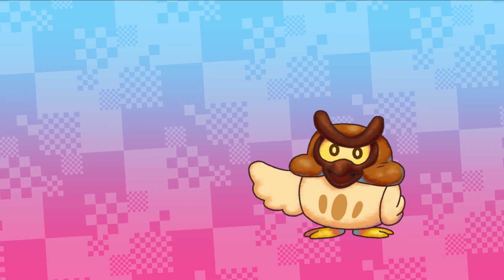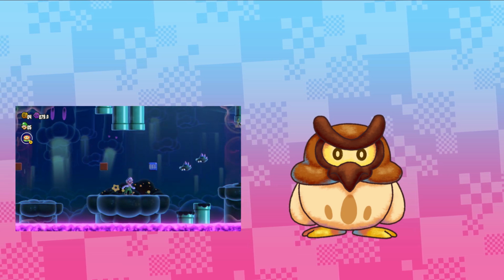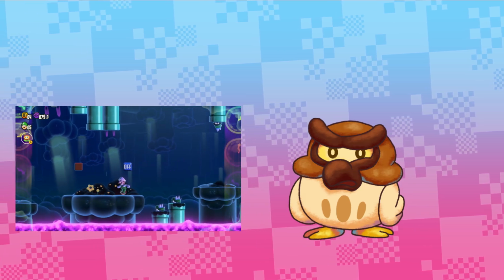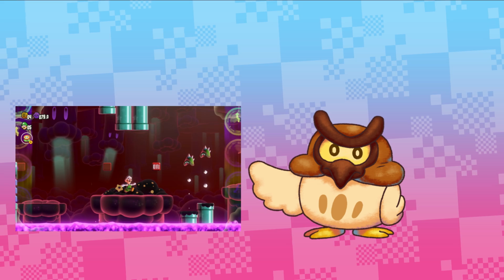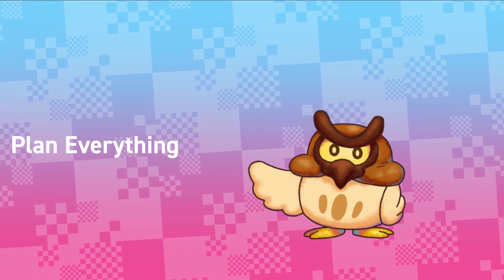All these design principles also apply to the Wonder effect. I've made a couple of levels where I didn't figure out the Wonder effect ahead of time, and it was a real pain during the level creation process to have that constantly weighing down on me, basically. So yeah, just plan everything you can.